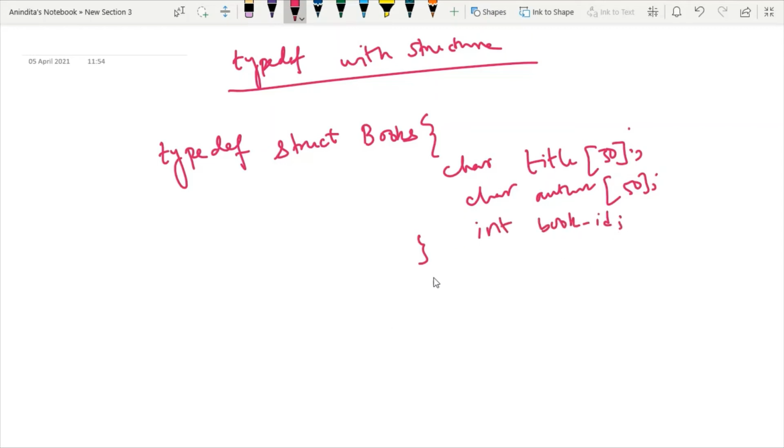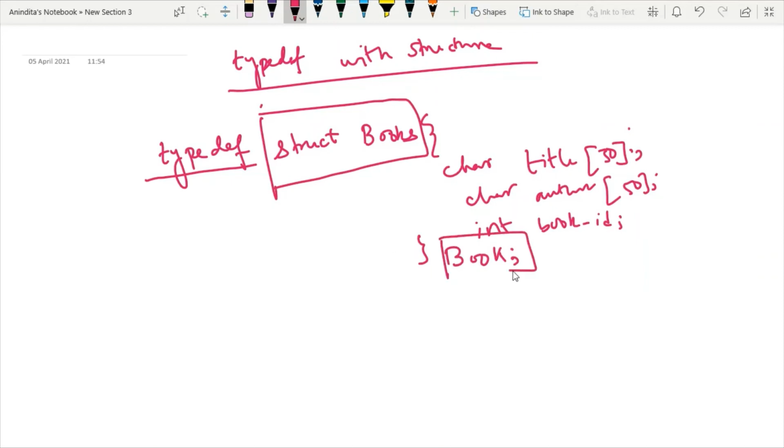Now end this structure definition with a name, say book. So book is the abbreviated name of the structure type. So what will happen, try to understand. Typedef, then the second field, and then this is the third field that I was explaining.